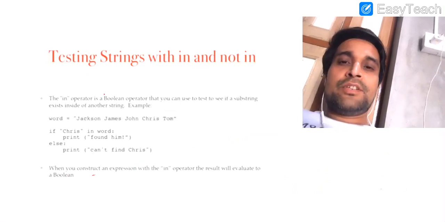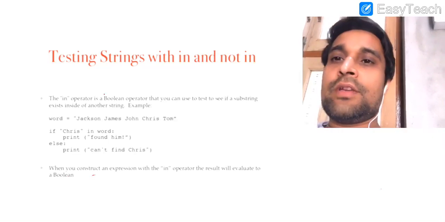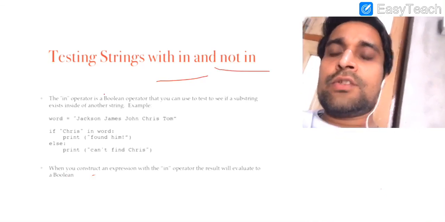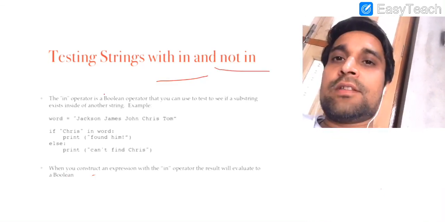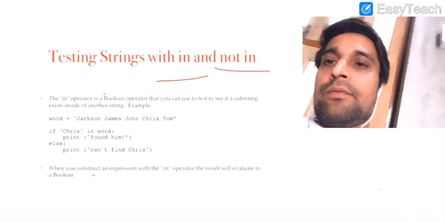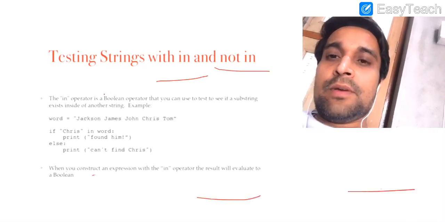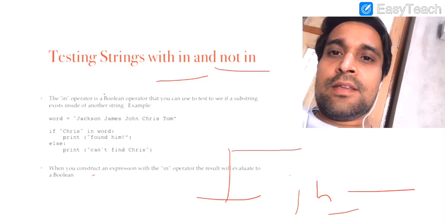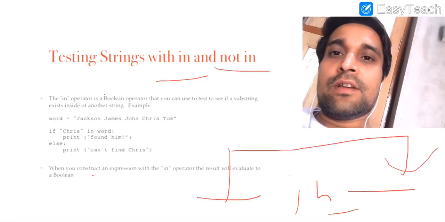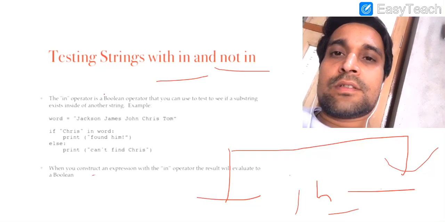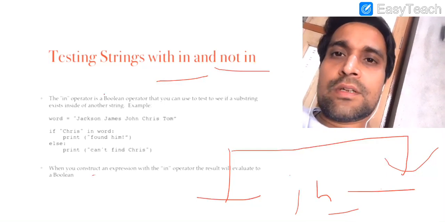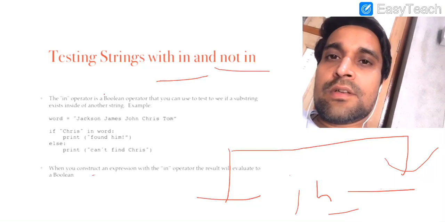There are 2 more membership operators that you can apply with a string object. One is in and one is not in. The result of these 2 operators is boolean, meaning you will get the result in the form of true and false. What they need are 2 strings, and in between you need to use the in or not in operator. If the first string is available in the second string, then in returns us true, otherwise it returns us false. Not in returns us true if the first string is not available or is not part of the second string.